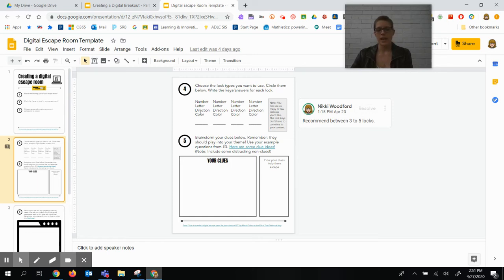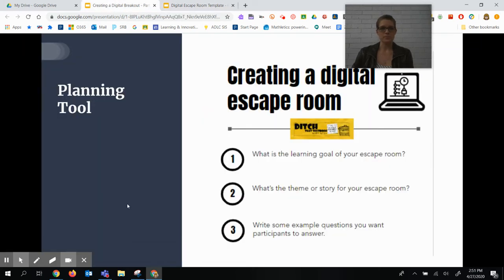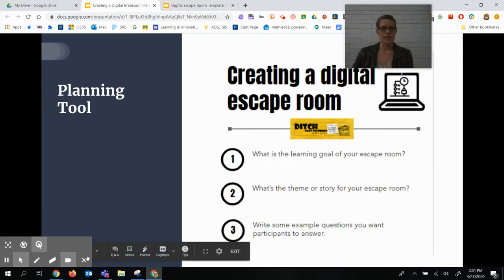Okay. And then again, if you do use this template, you'll notice that you can just identify what types of locks, keeping in mind that variety can be really helpful. Okay, so as we continue,